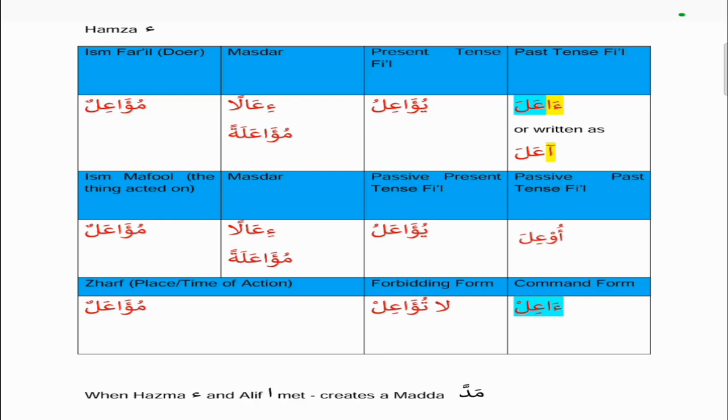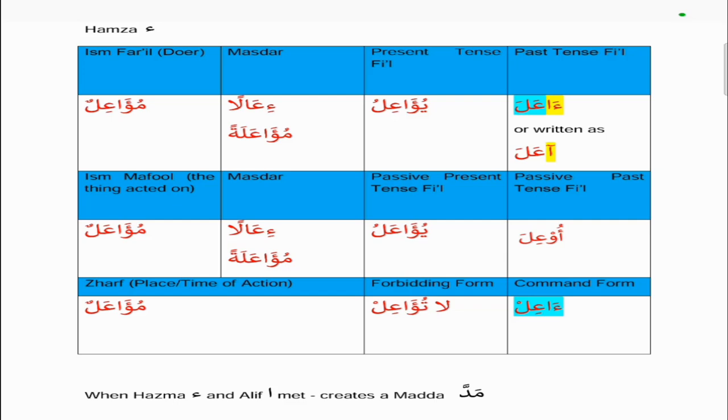And the command form would be a'il, because if you look at the present tense, yu'a'ilu, we will take the anta, you masculine version, which would be tu'a'ilu. If we make it lightest, the dhamma at the end becomes a sukun, so it becomes tu'a'il. Then we drop the ta, so it becomes a'il. As the first letter hamza has a harakat on it, a fatha, we don't need to add an alif. And the forbidding form is